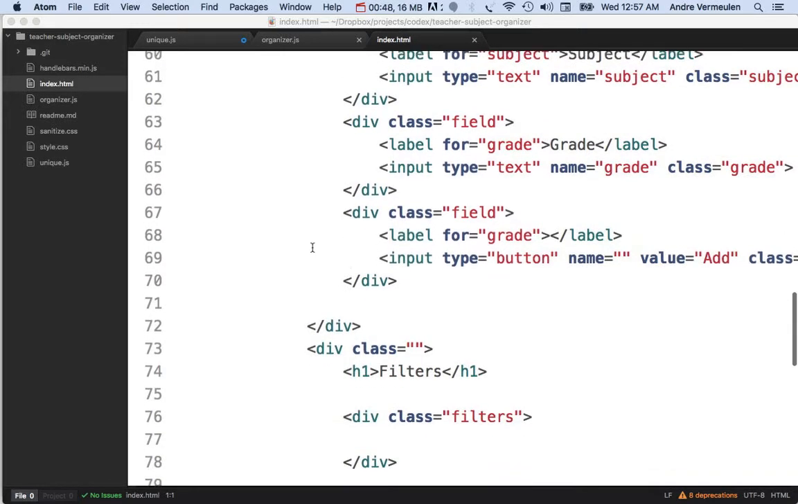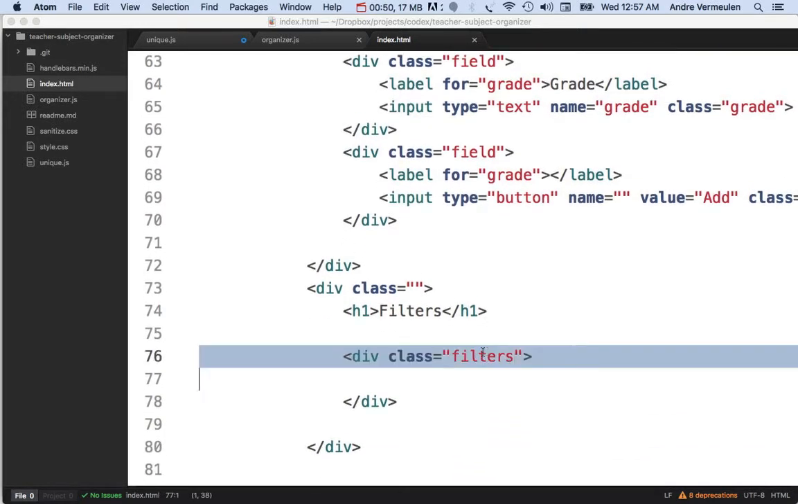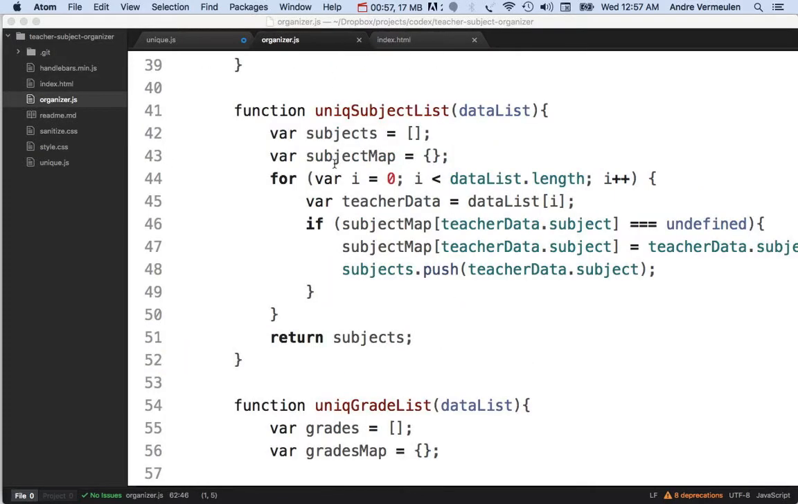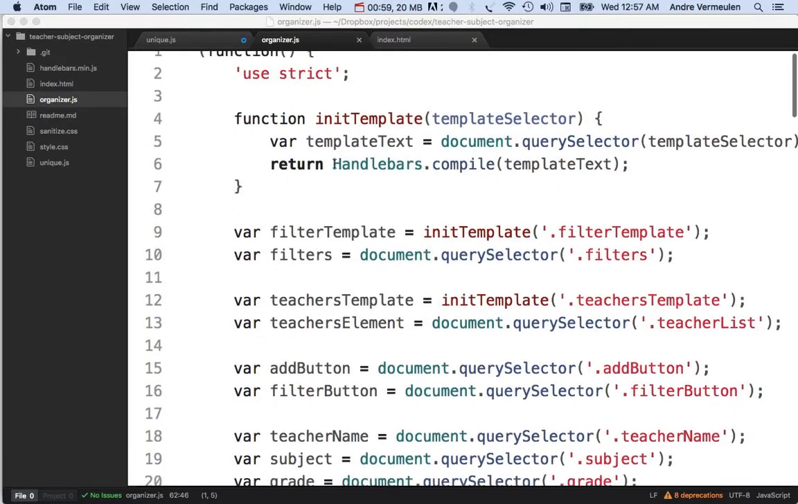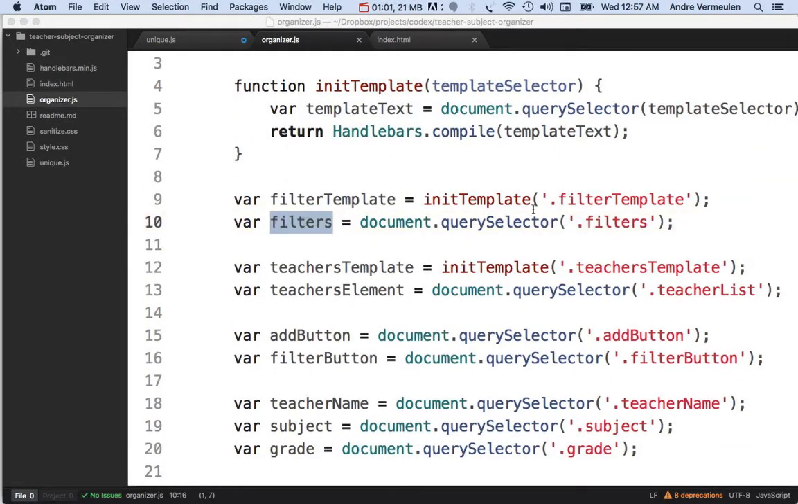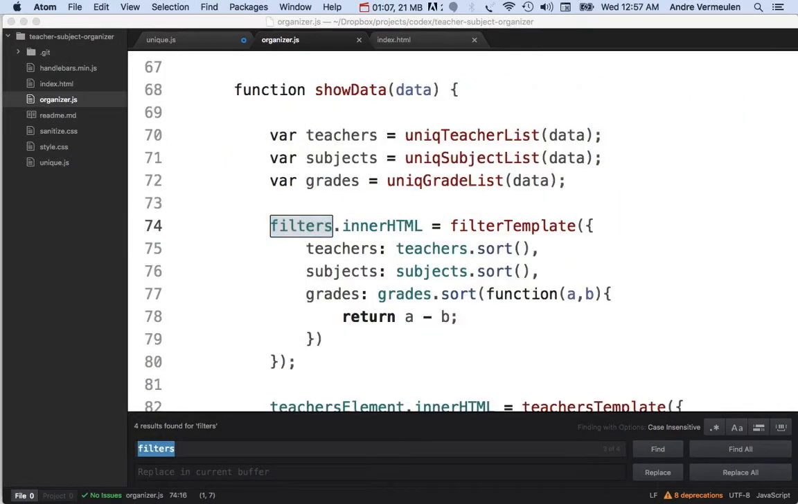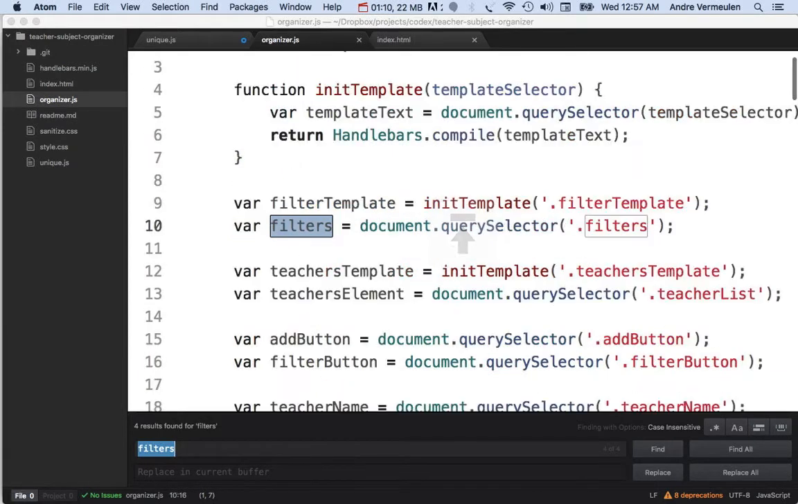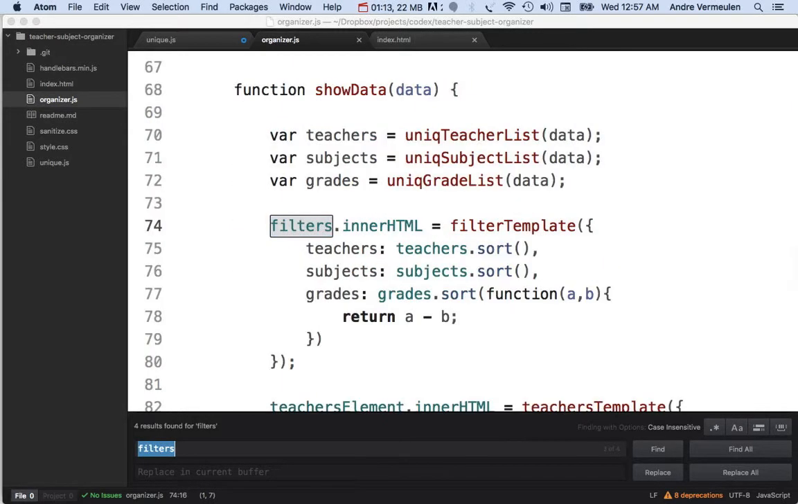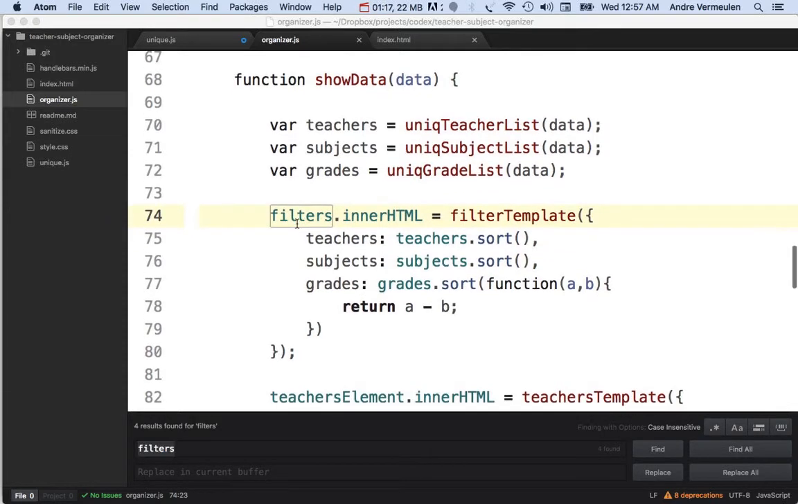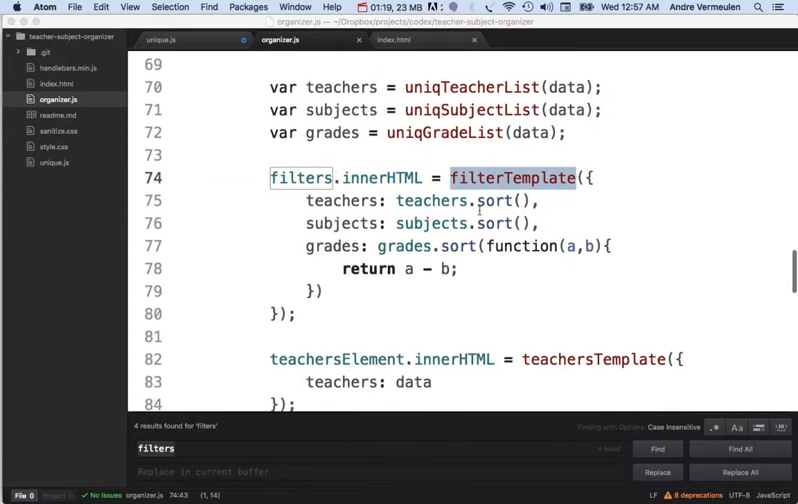Looking at this, the filters element here in my DOM is empty. You see it's class filters here. If we go to organizer.js, you will see that I have filters here, query selector .filters. Control C, you can find it down here. Down here we're actually adding the new drop downs using handlebars, and then later on down here